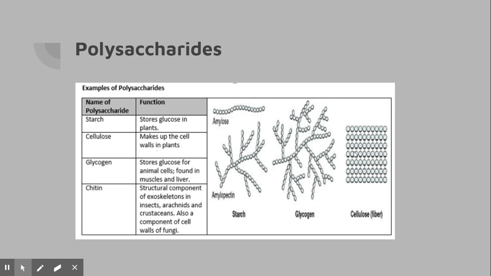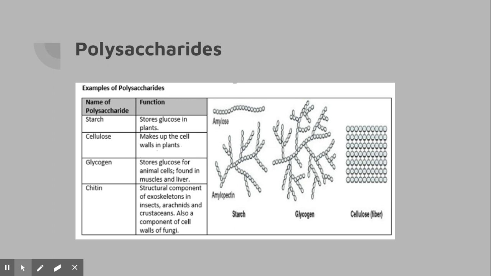Another word for cellulose is fiber, and it forms some different types of structures, very complex structures, and that is for plant structure. It helps to make up the cell walls in plants, which keeps plants rigid. Plants don't have bones, so they need this cellulose. Glycogen, very complicated branched structure, is found in animal cells, in your liver, and in your muscles. It helps us to store